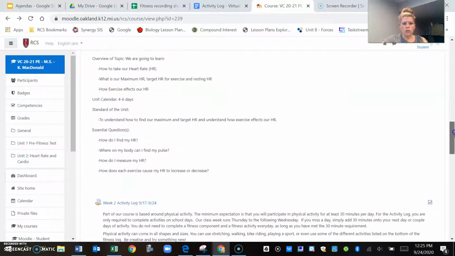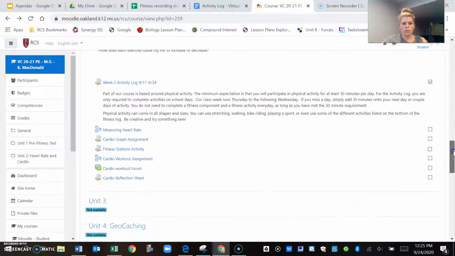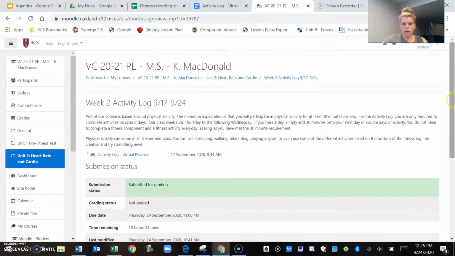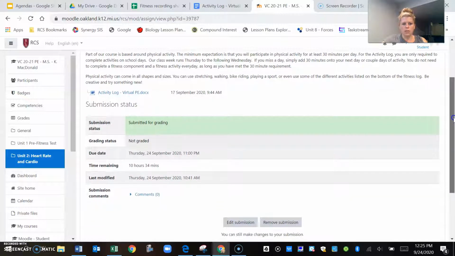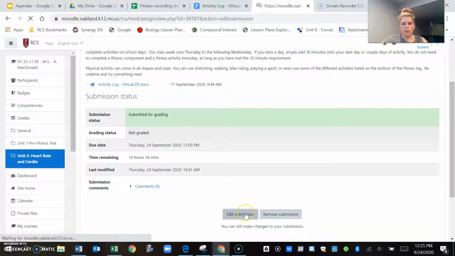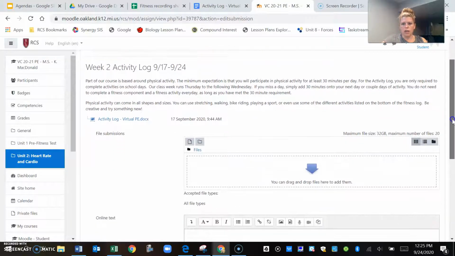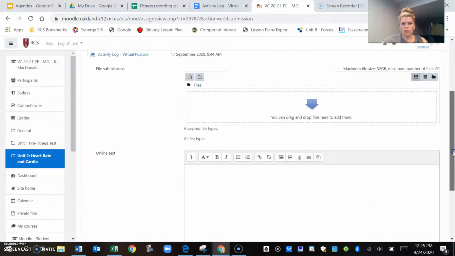So if I look at Unit 2, which is what would be due most recently, and I go to the activity log right here, you will see that I have this activity log right here, and I can also submit. That was the Word document, and if I want to submit, I would press submit, and I can drag and drop that Word doc, or if I have a Google Doc